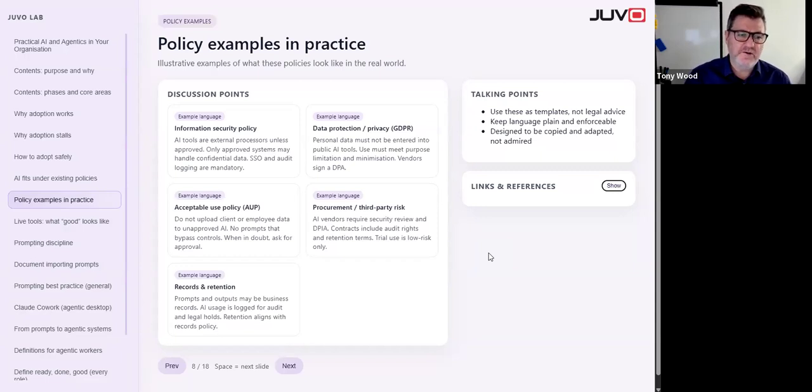What would you be looking for in the information security policy? You're looking for, can I list it as an external processor? Is it allowed? It may be they say, hey, it cannot go outside the EU. I ran a bank in the UK. We couldn't put data outside the EU or the UK. So you go, great, I'll use Mistral. I'm happy with that. That's within the EU. It's covered. It's European. That's what we can work with.